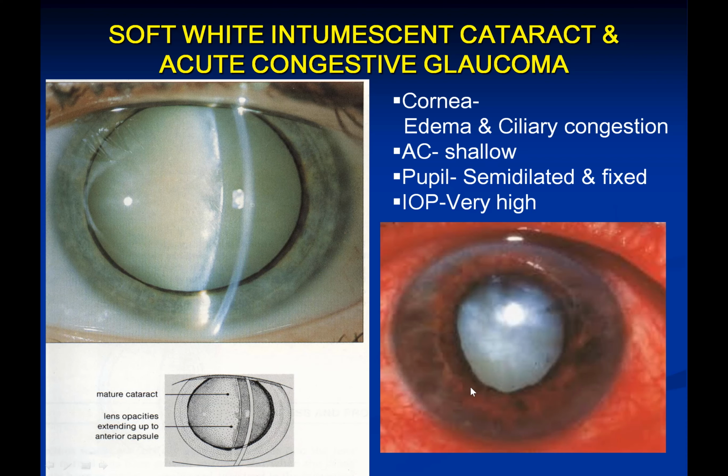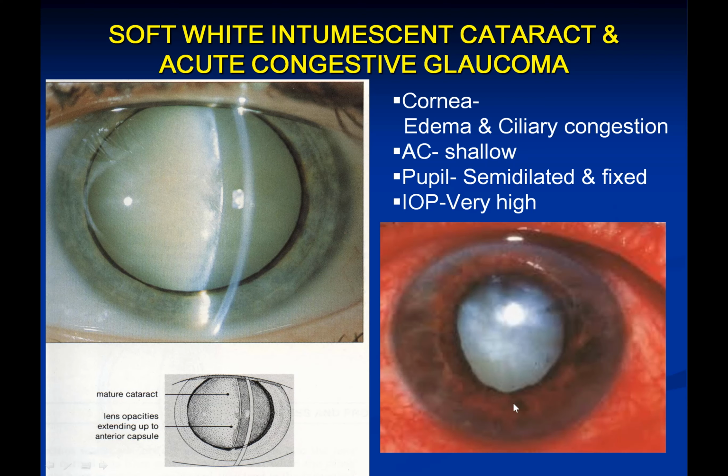Anterior chamber is very shallow because the lens iris diaphragm has come forward. Pupil is semi-dilated and fixed in these patients because of very high pressure. Sphincter muscle gets paralyzed and the pupil gets semi-dilated, and it will not be reacting to light, fixed, dilated. And if you measure intraocular pressure, it will be more than 50 millimeter of mercury, maybe 60 or even more